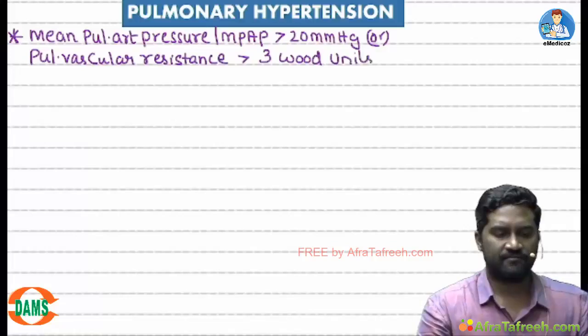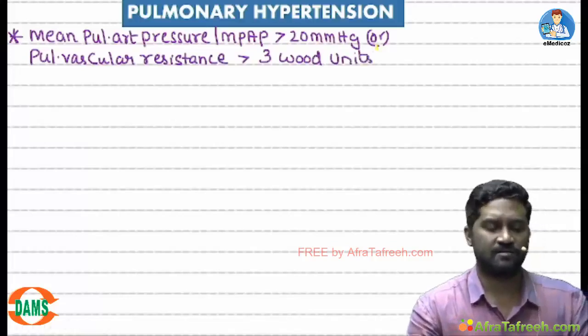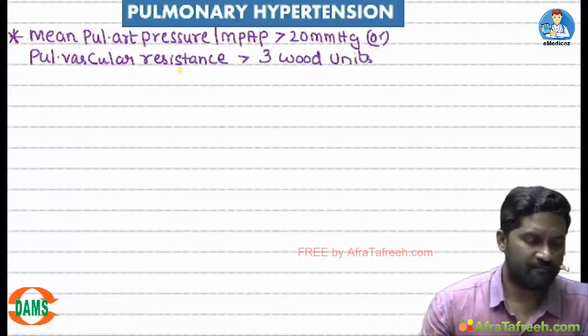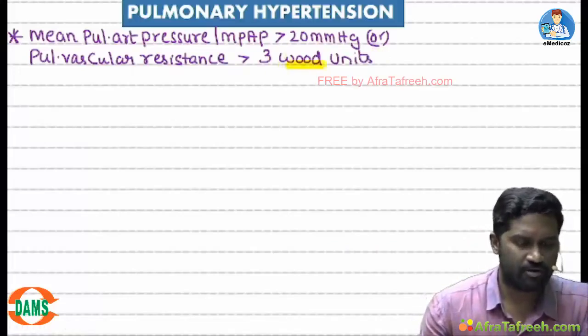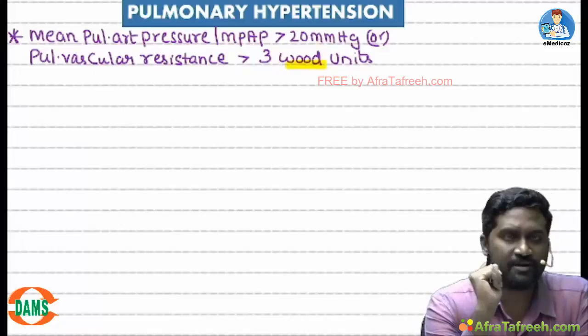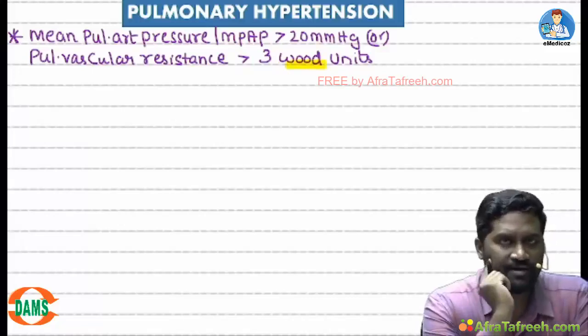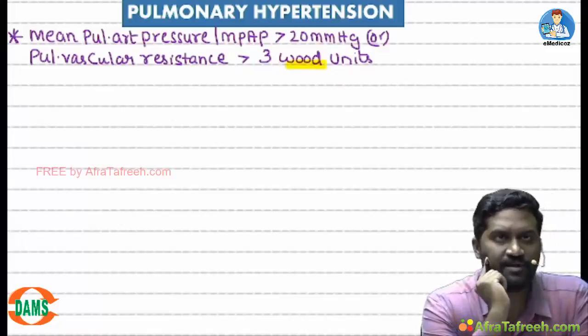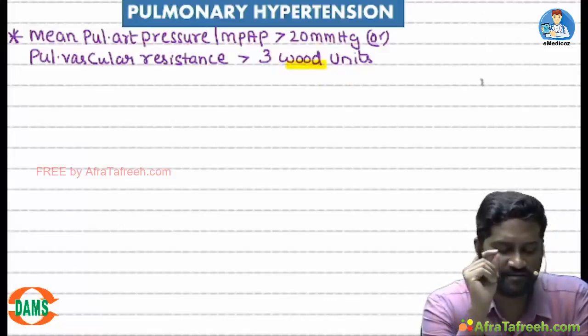Just like for distance we have meters and kilometers, for resistance we have Wood units. Mean pulmonary arterial pressure more than 20 mmHg, or pulmonary vascular resistance more than 3 Wood units, is the standard